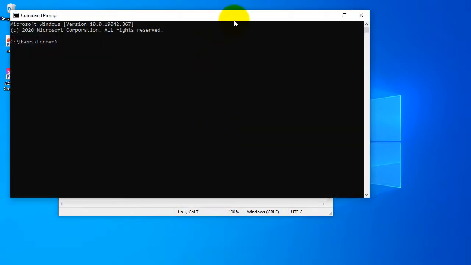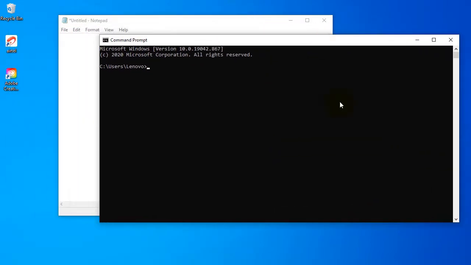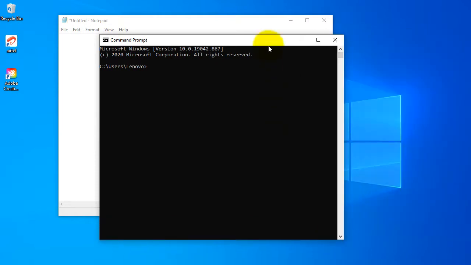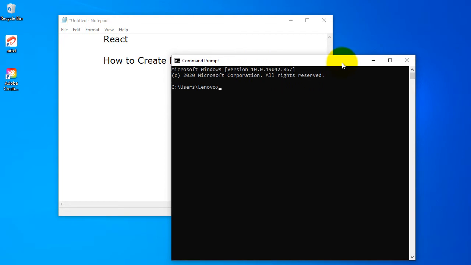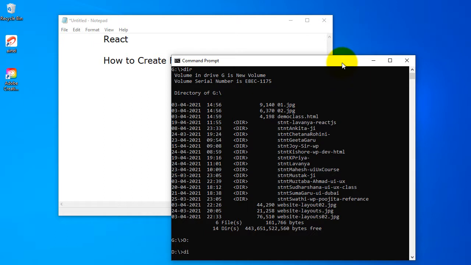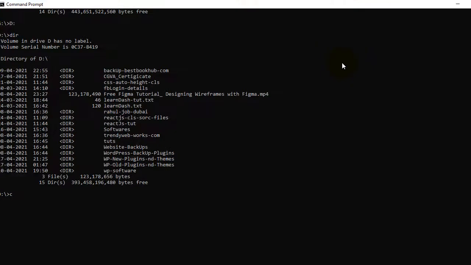By default, it looks like this. So I will change my path to whatever I want. I would like to go with the G drive. Okay, I will select the G drive. There I had some files, and I want to create the file in the D drive, so I will select the D drive. There I have some files. So dir, there we can see